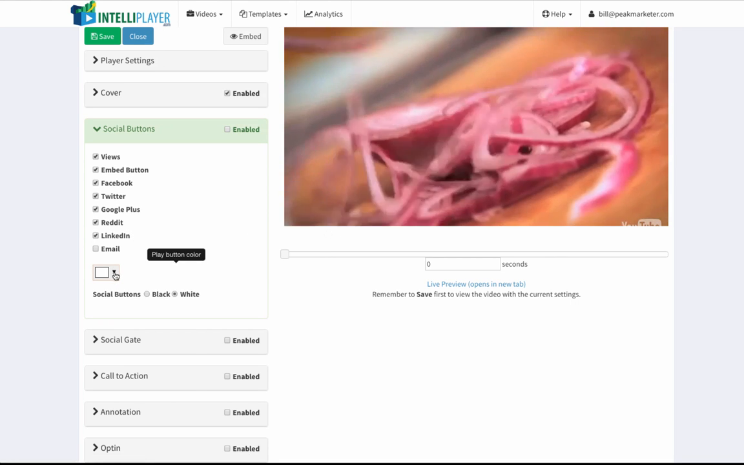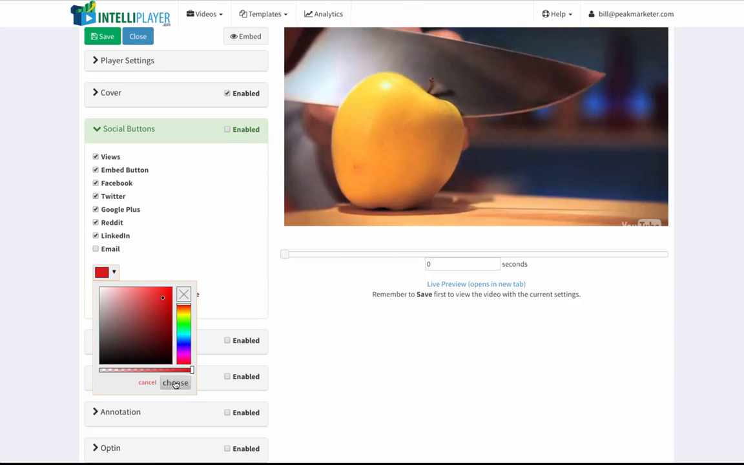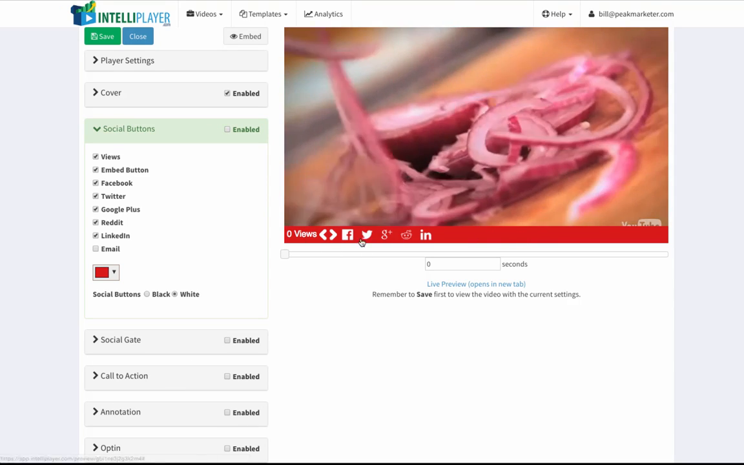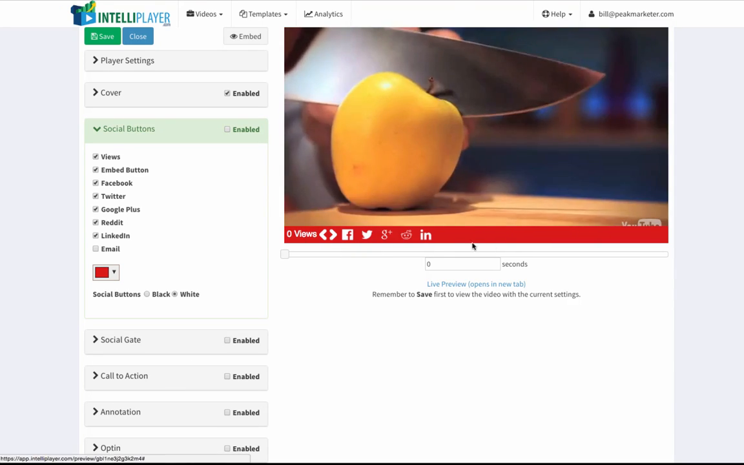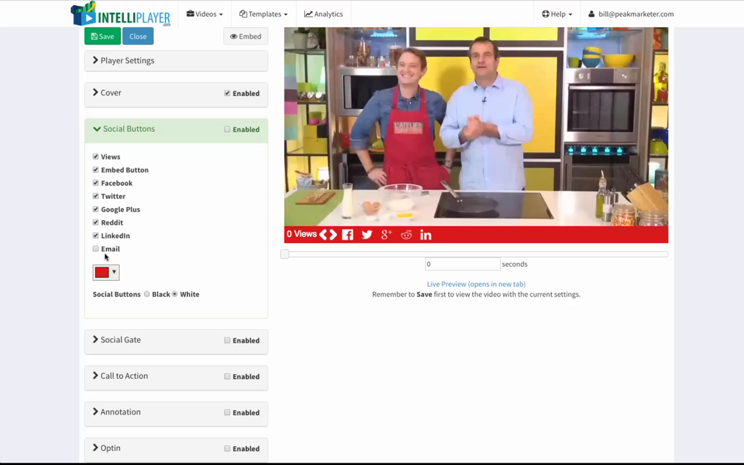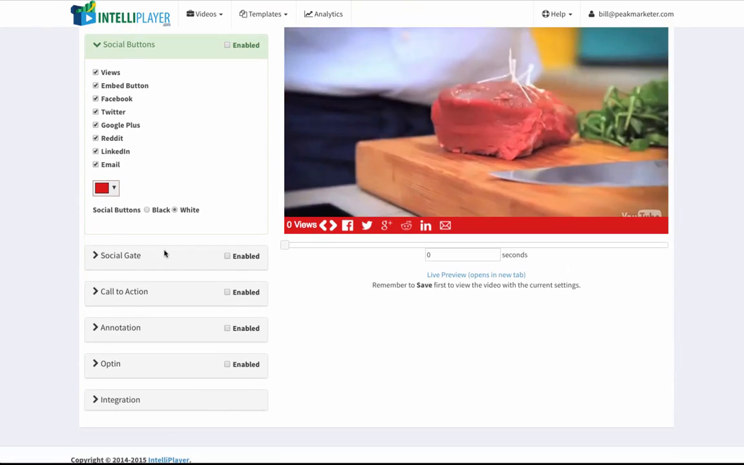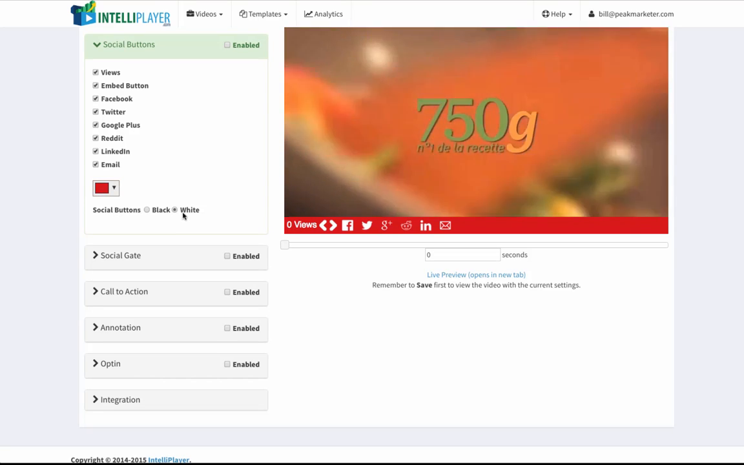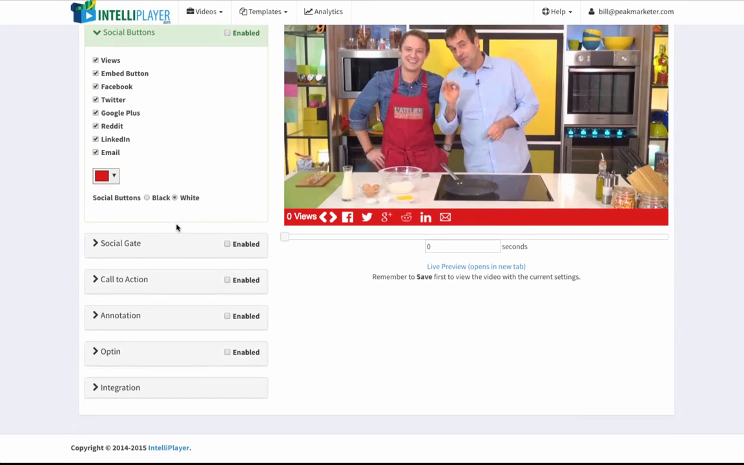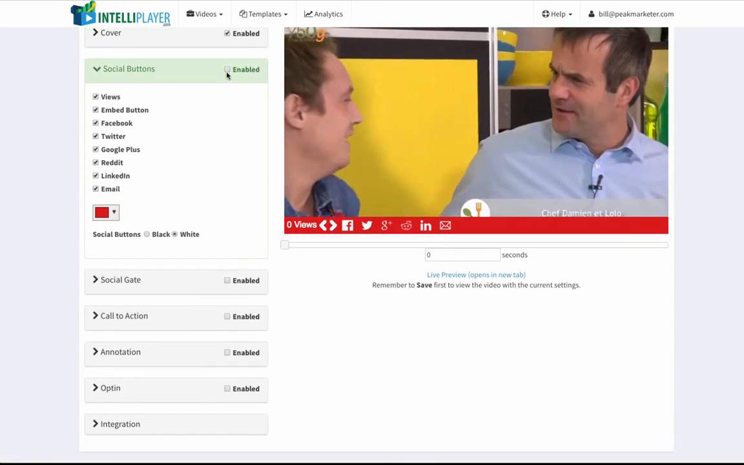and you might not see it right away. So what we have to do is we can just change the color, and you can suddenly see that we've got these social buttons down here. I can make the buttons white or black, and then I can always change this color if I wanted to